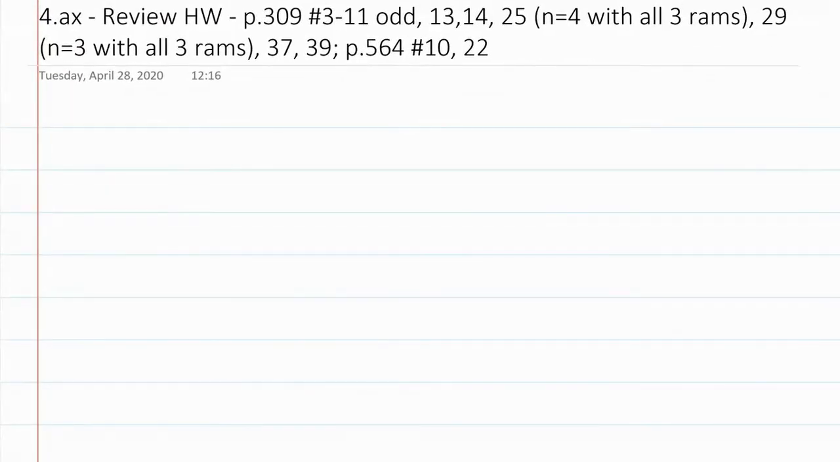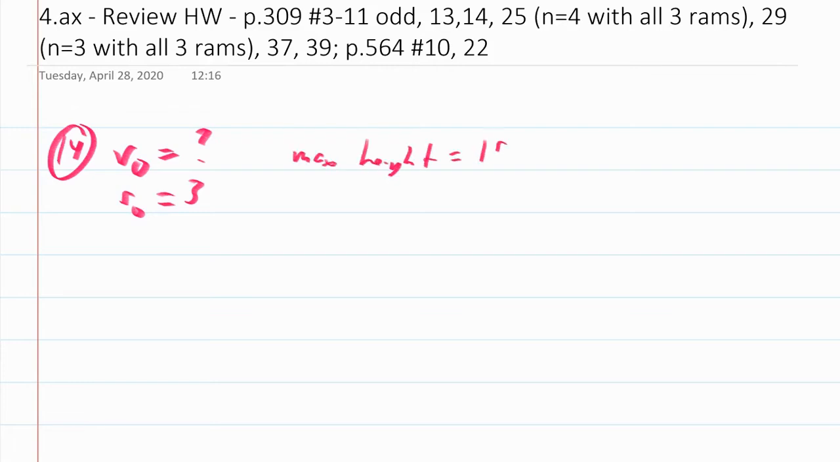So number 14 asks, with what initial velocity, so it's a question asking for v sub 0, must an object be thrown upwards from an initial height of 3 meters. So I'm going to call that s sub 0 equals 3, to reach a maximum height of 150 meters. So I'm going to say max height equals 150,